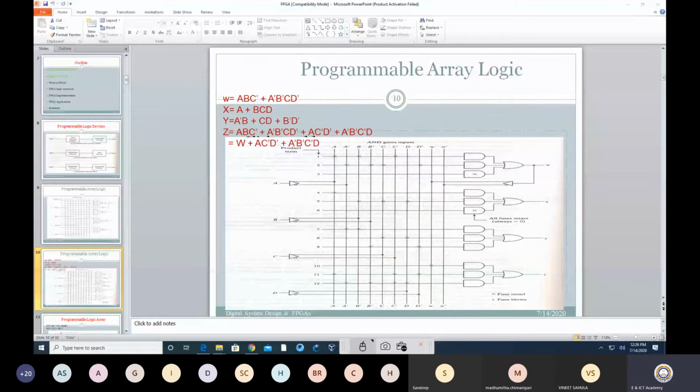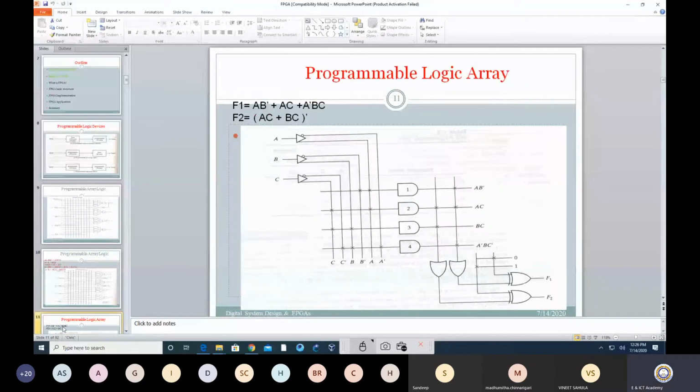Now we will move ahead with the next one. Now there is a PLA logic. So there were 3 logics. One is a PROM. PROM is having a programmable OR and fixed AND. Second is programmable AND and fixed OR, that we have seen in your PAL. And then the third one where both are programmable. That means you have a programmable AND as well as a programmable OR.